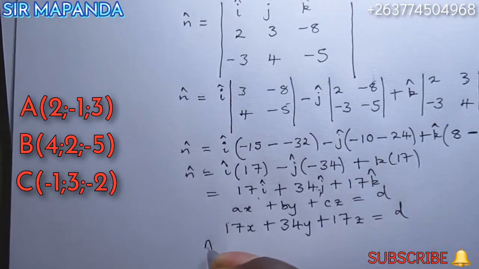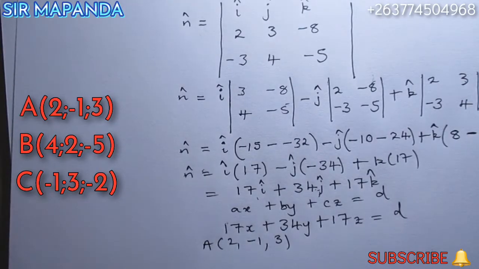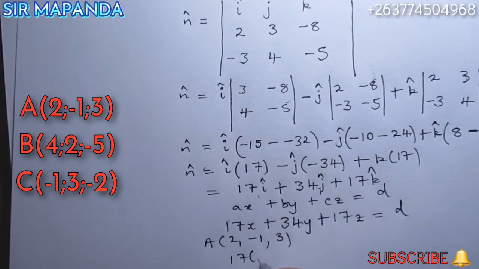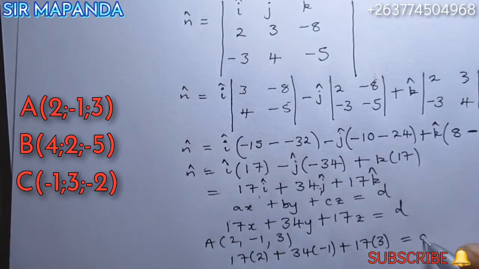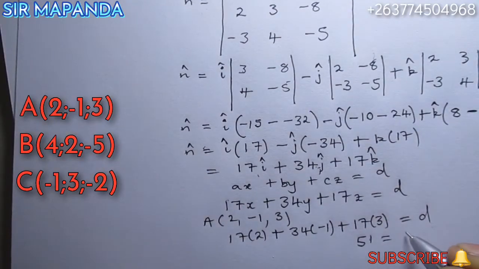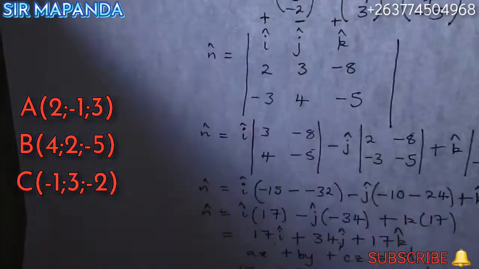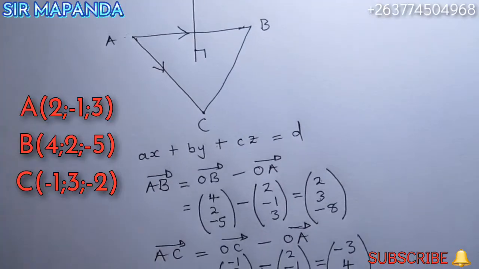So we are given that A is 2, minus 1 and 3. So I'm going to put 2 for x, minus 1 for y, and 3 for z to find d. So 17 open bracket 2 plus 34 open bracket minus 1 plus 17 open bracket 3, you get d. So 51 is equal to d. Therefore, our final answer is going to come out as this: